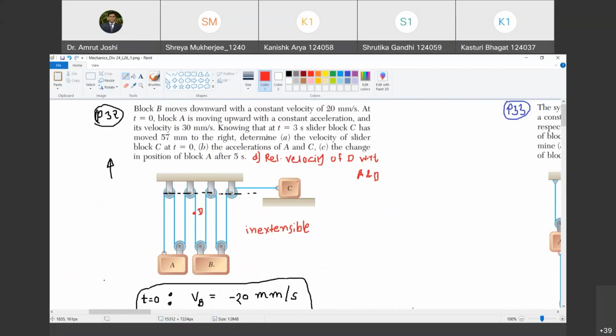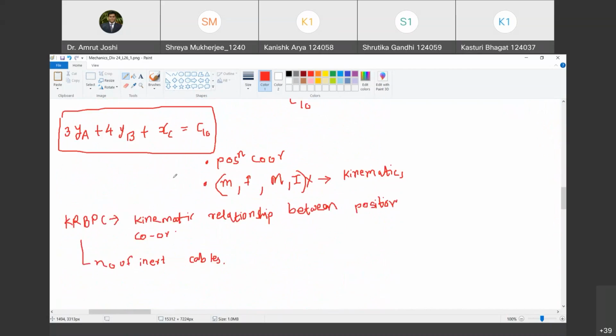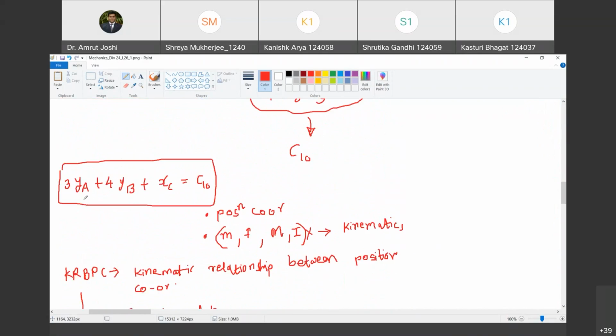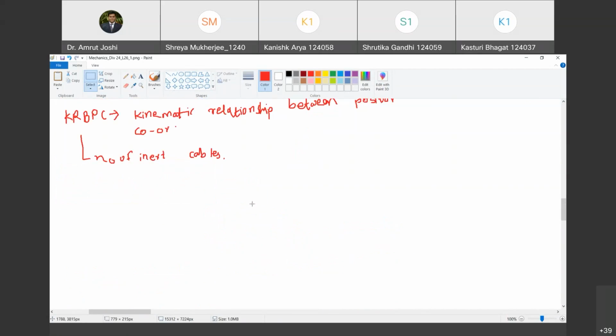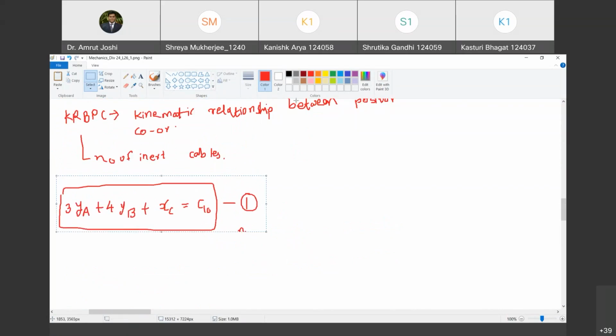Happy? Yes, sir. Okay. Now, what if I differentiate this KRBPC? What do I get? Differentiate with reference to time. So I am going to call this equation as 1. Are you with me? Yes, sir. And let me differentiate it with reference to time. So take derivative